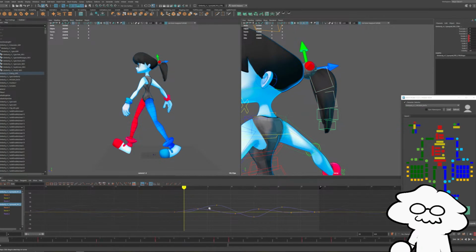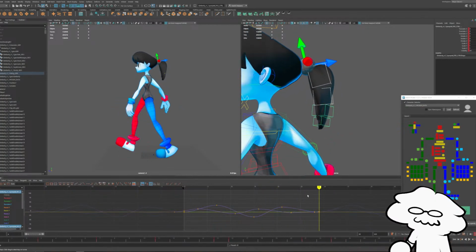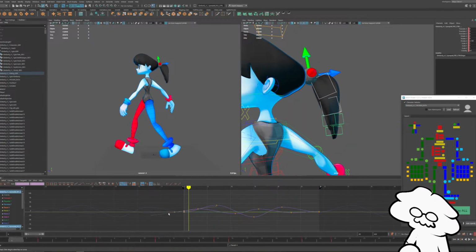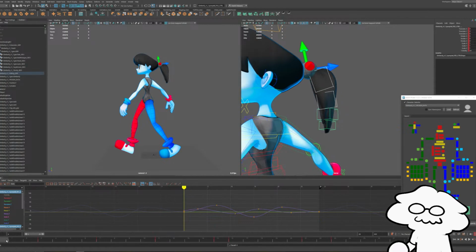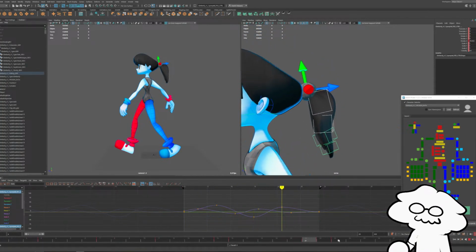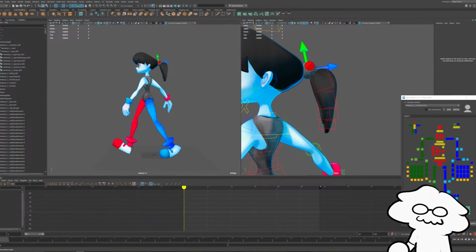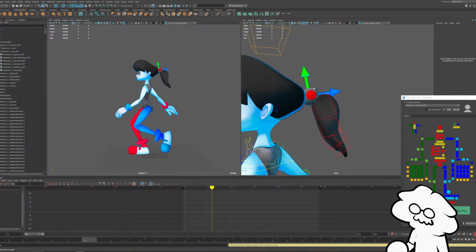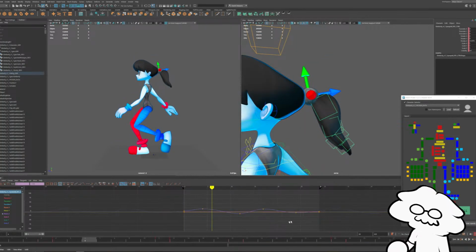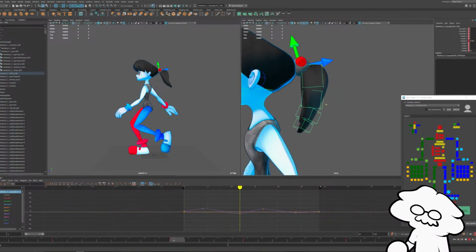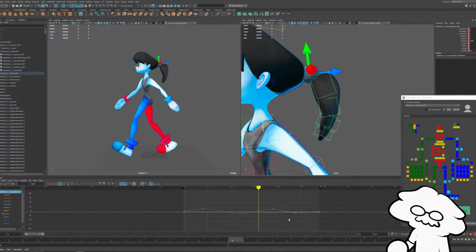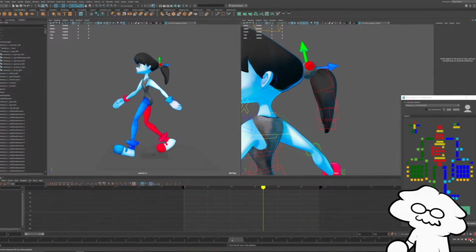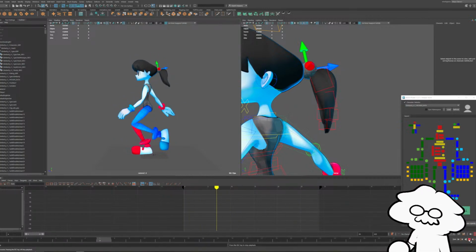Each of these sections still doesn't look quite right to me, which is why I have ponytail physics built in, so I don't have to deal with animating ponytails. It can be tough. Let's move things over a bit. That's too fast. That's about as close as my patience will let me get to it.